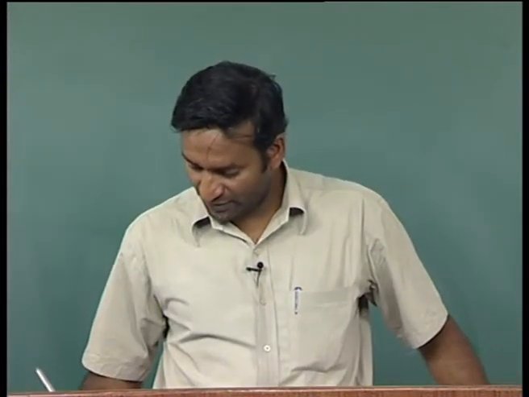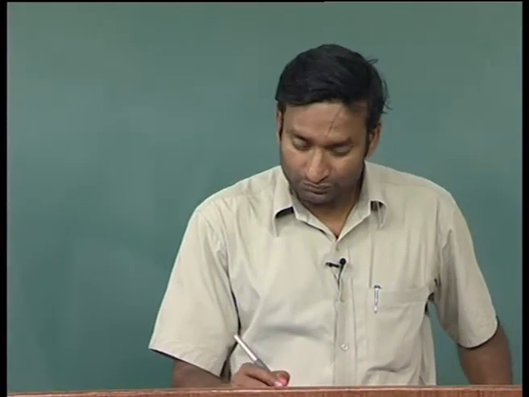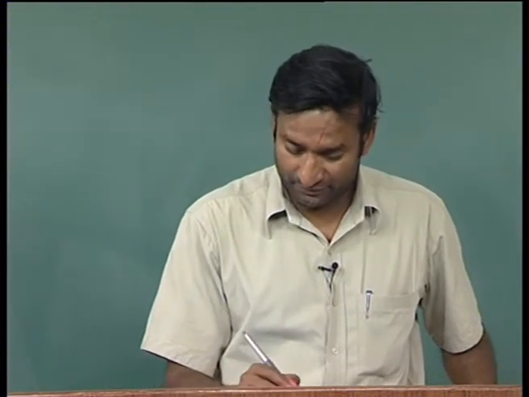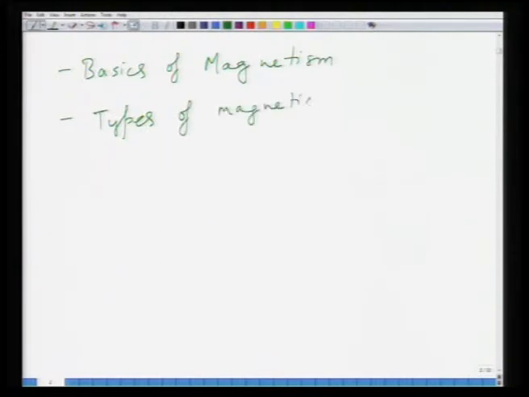So, the way we will follow is, we will first study the basics of magnetism, and then we will look at the types of magnetism, and then we will look at essentially